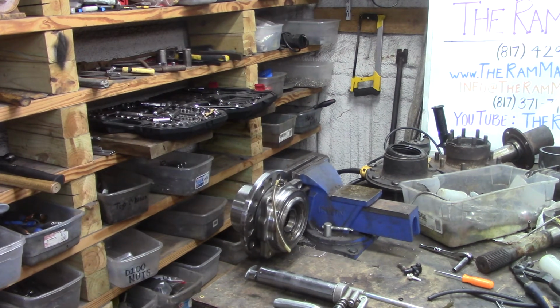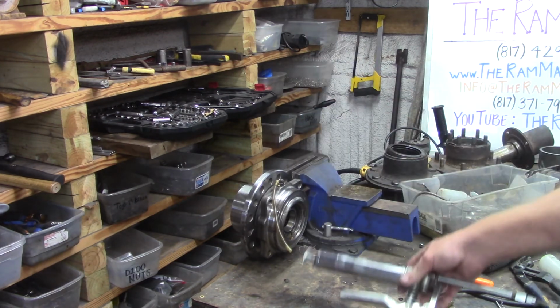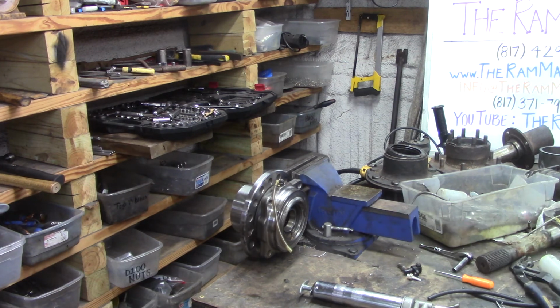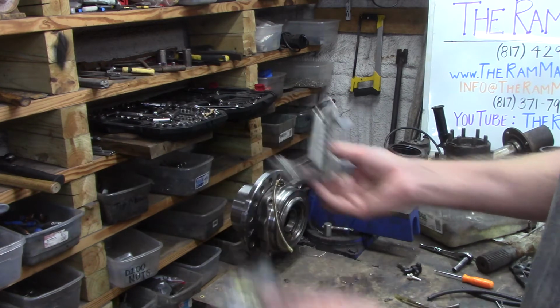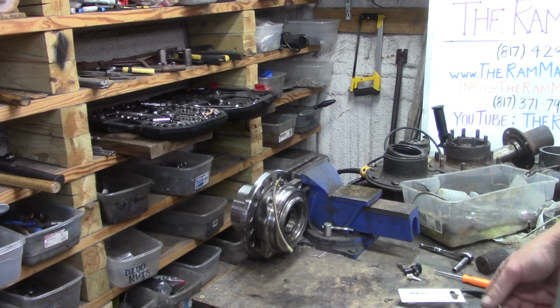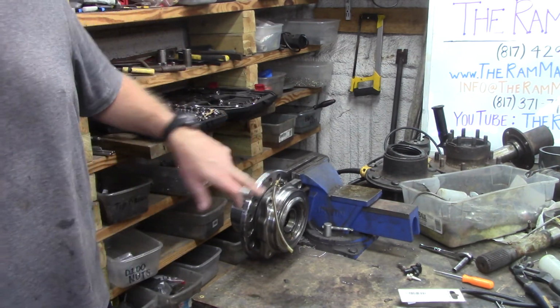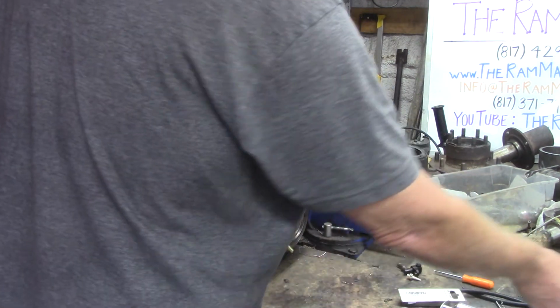Alright. So, I think we figured out how to do it. For the ease of the end user, you're going to need to have a grease gun. I'm going to supply you with a cut-off fitting. So you'll just need to screw it onto a small grease gun. The hub's going to come with that attached, and it's going to come with a piece of fuel line, and I'll even include,